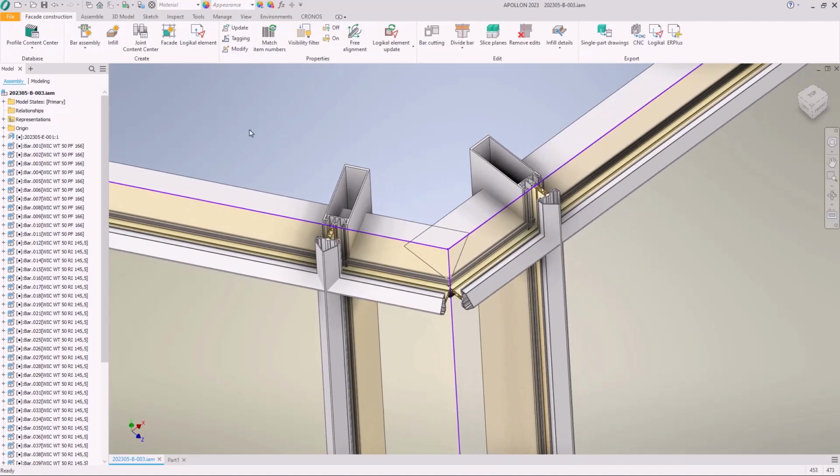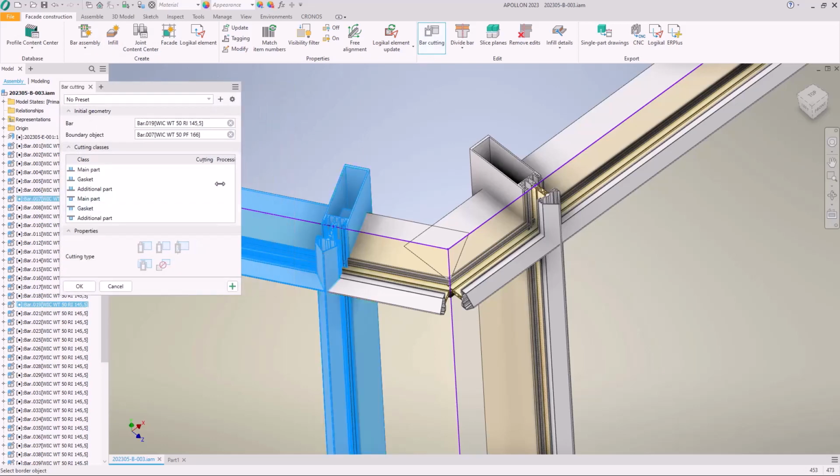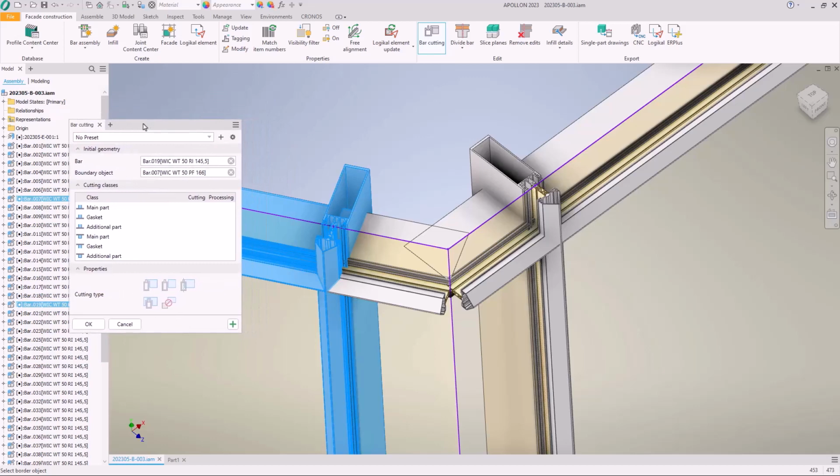In past webinars, I have also shown you the APOLLON bar cutting function. We take this command and pick the bar and the boundary object, and now we can use the different cutting classes. We added the cutting type and the distance of the different components of the bar assembly,